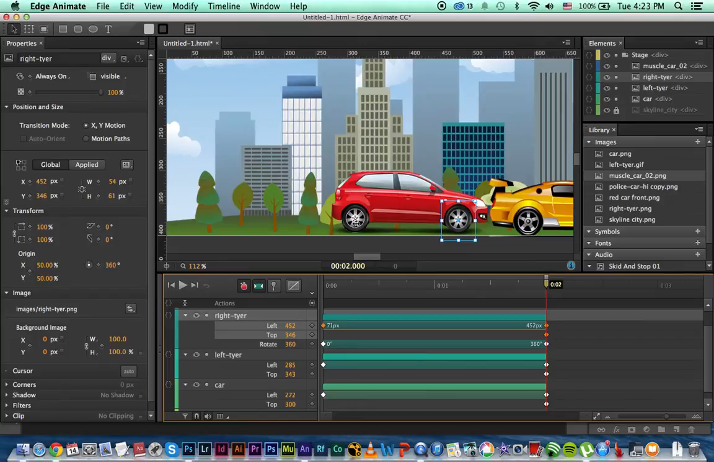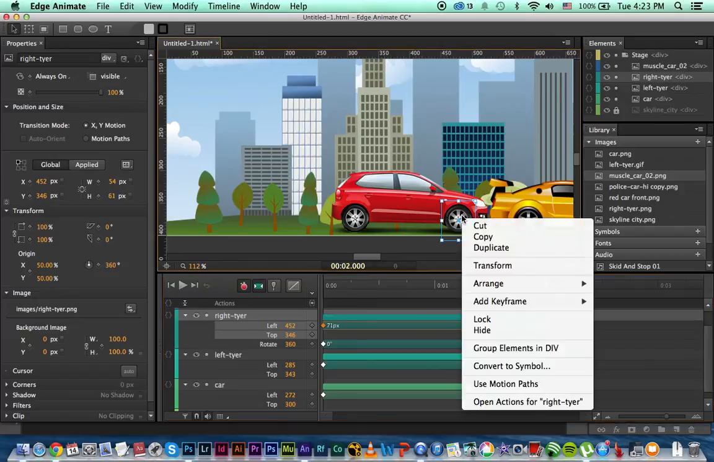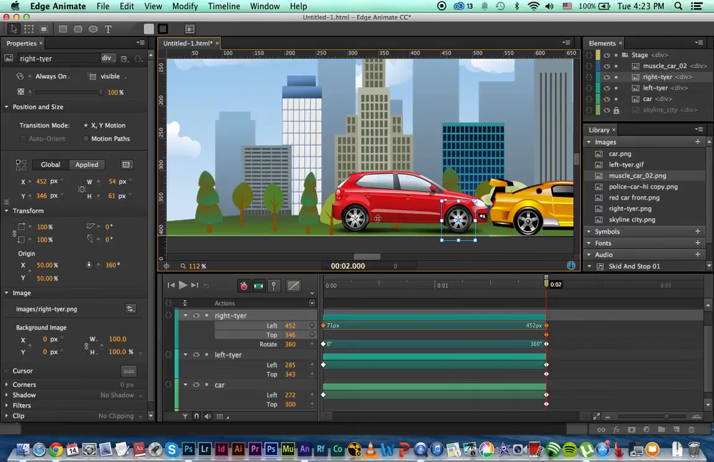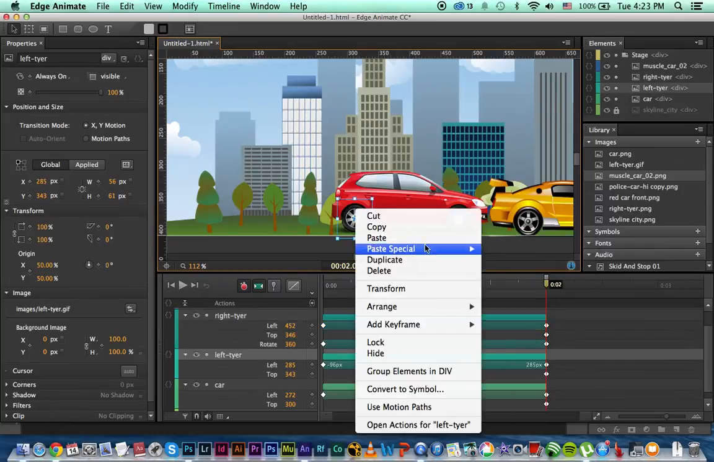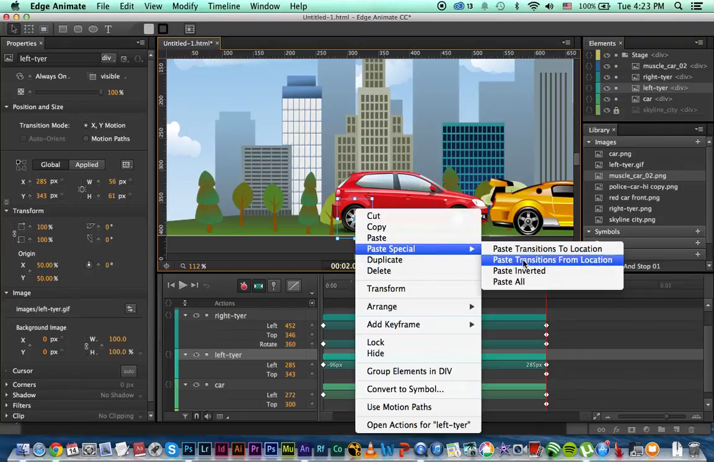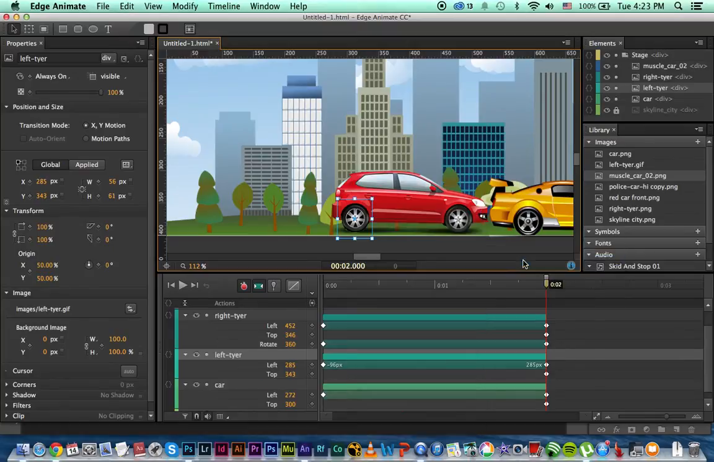but the left one, the back one, it doesn't have any action. So we can just easily copy and paste it. So it means if I just right click on this one and copy it and select the back tire and right click and paste transitions from location, it means